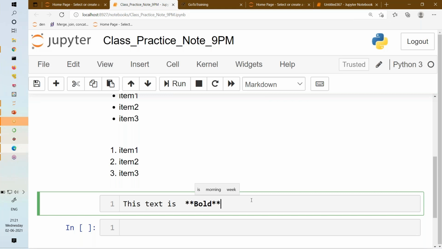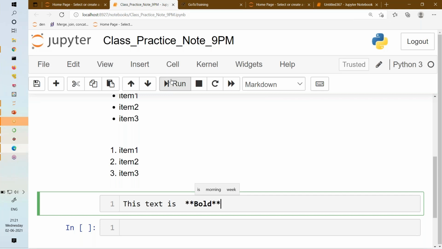Bracket B, correct. So B also you can write, but I think star star is much faster because there you have to start and then end, all of that. The tags B you have to write and end B. Here it is super fast. So I think small things gradually you can remember. Two times star, star star, this is nothing but your bold.